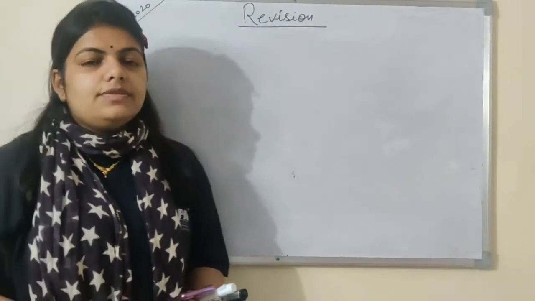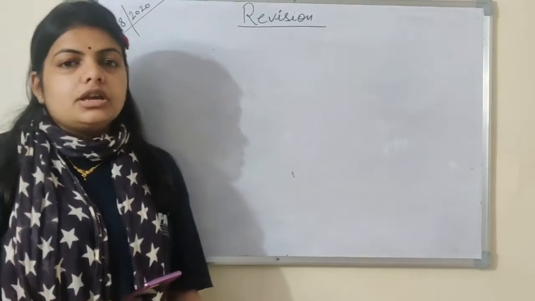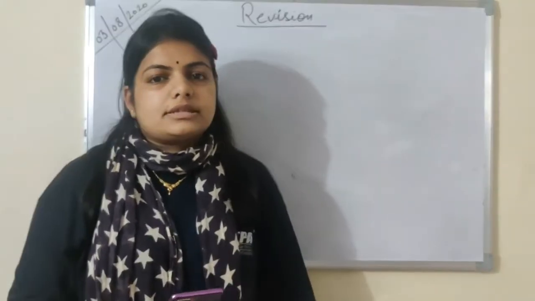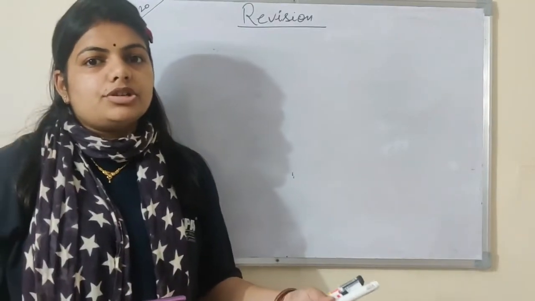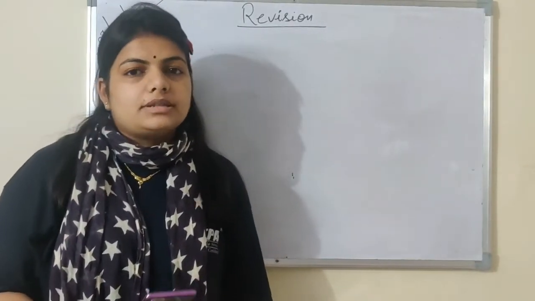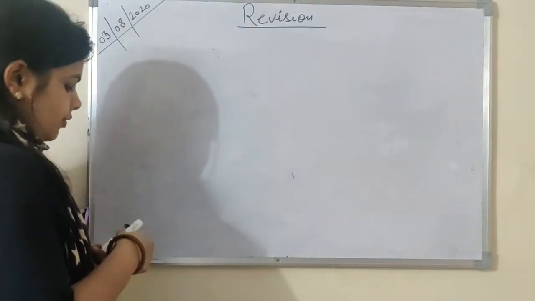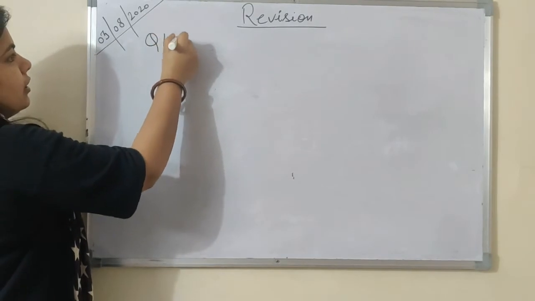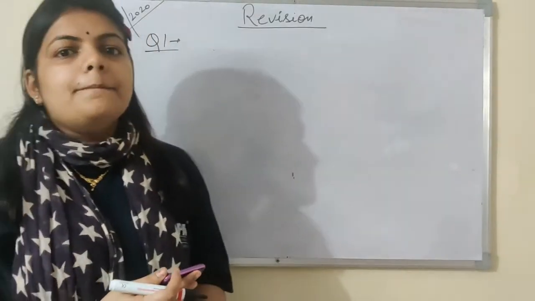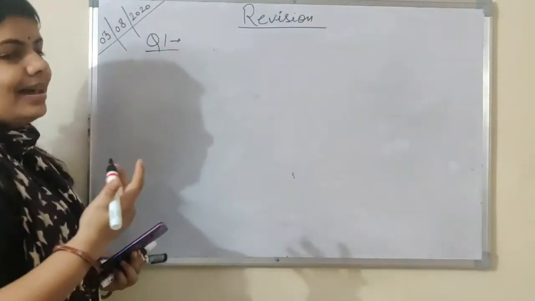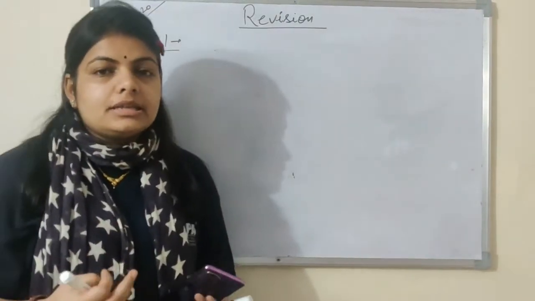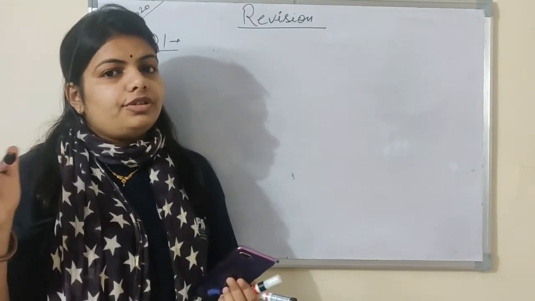Good morning students. Today we will discuss some questions of chapter number 6. Means we will discuss some questions from the test of chapter number 6, which was your previous test. So your question number 1 was that parallel lines meet at 1 point, 2 points, 3 points, or the fourth option